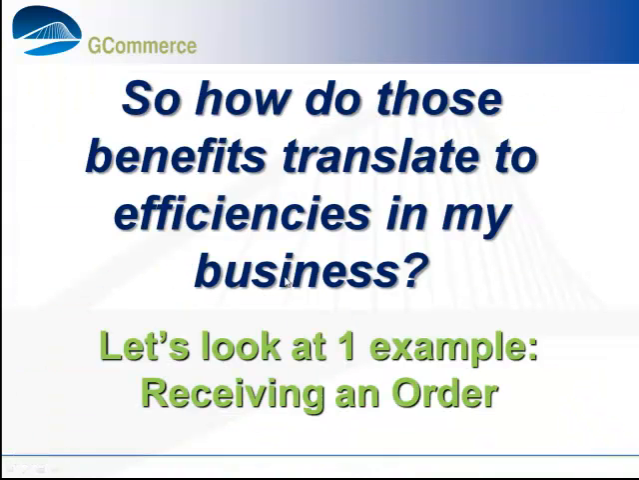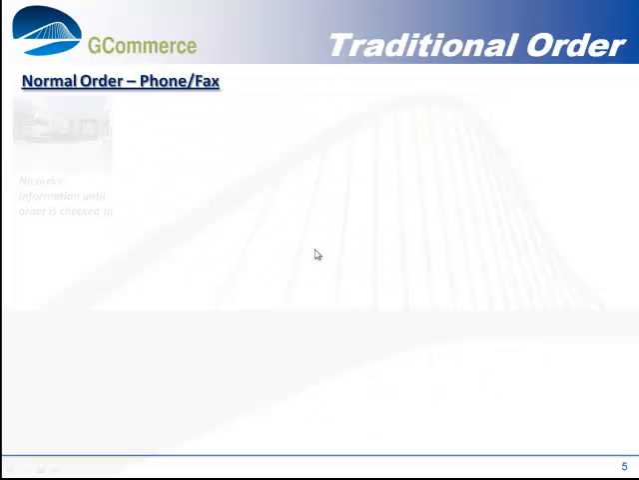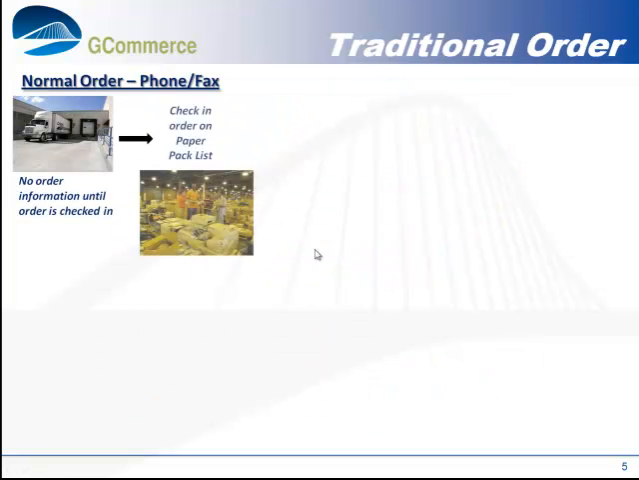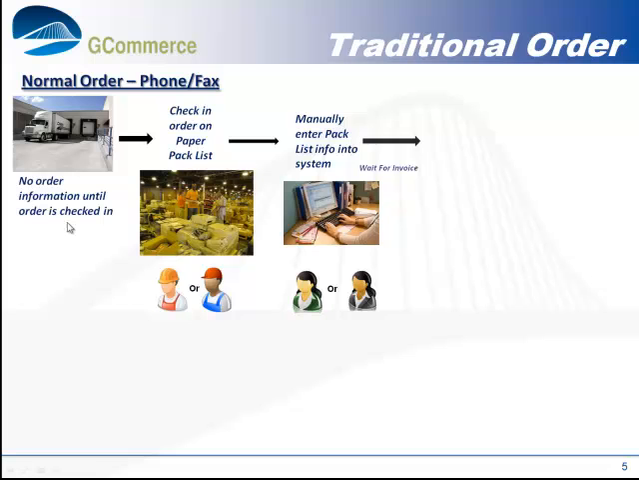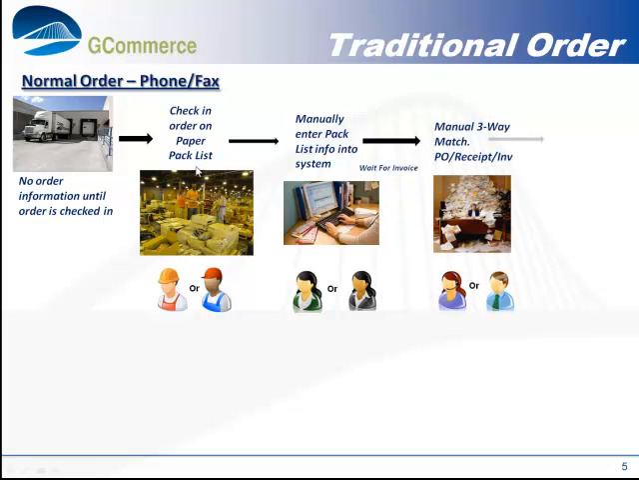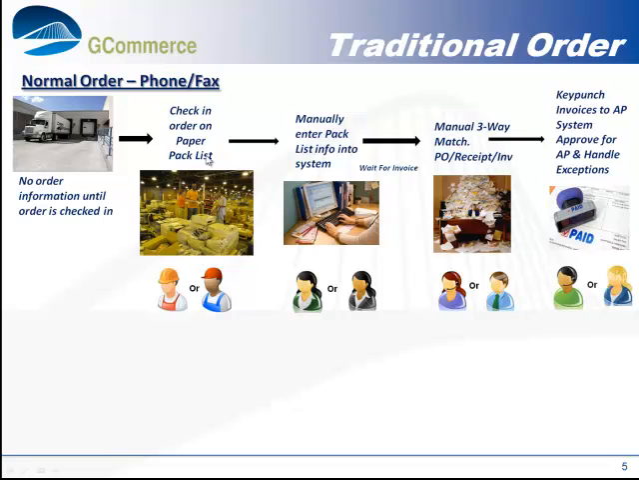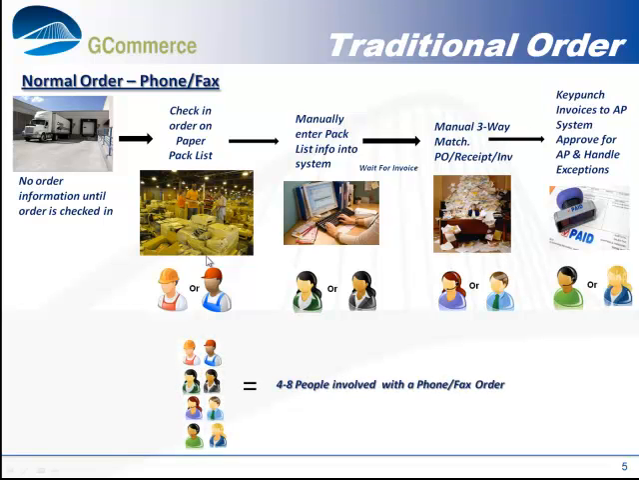So how do those benefits translate to efficiencies in a distributor's business? Well, let's take a look at one example of receiving an order. With a traditional order, one that's phoned or faxed in, you don't get any information on that order until it's checked in, or you run out of inventory in worst case, indicating that the manufacturer never received the order or never entered the order. It's checked in on a paper packing slip, and depending on the size of the order, size of the distributor, that could take 1 or 2 people. Once that's done, the packing slip is sent to the office and it's manually entered into the system to update the inventory. You wait for the invoice to come in the mail, generally a week later,